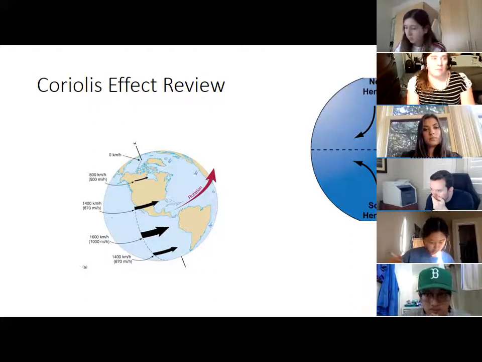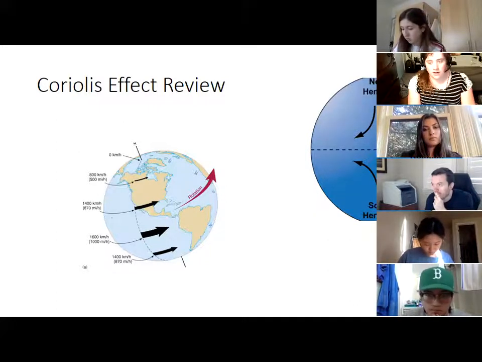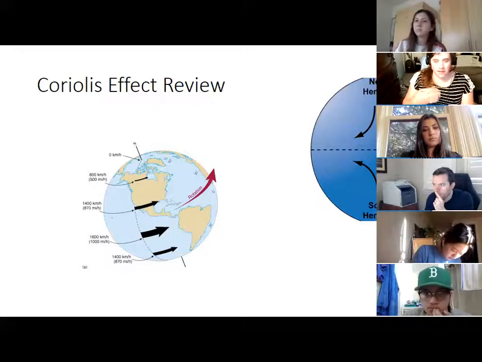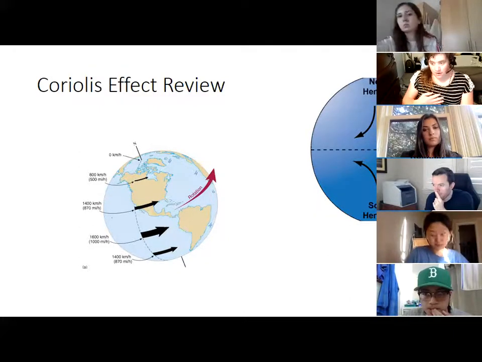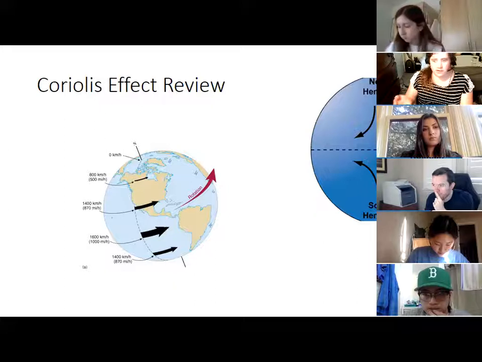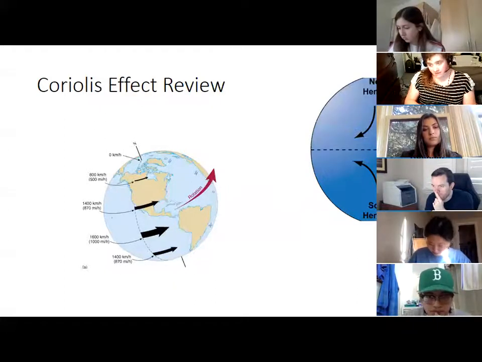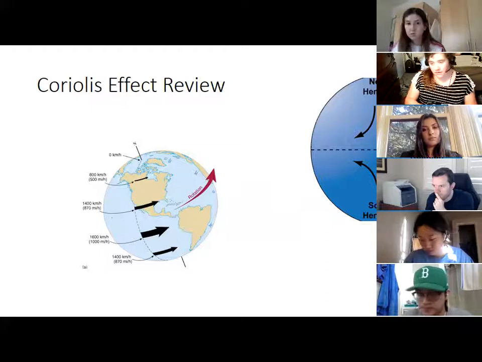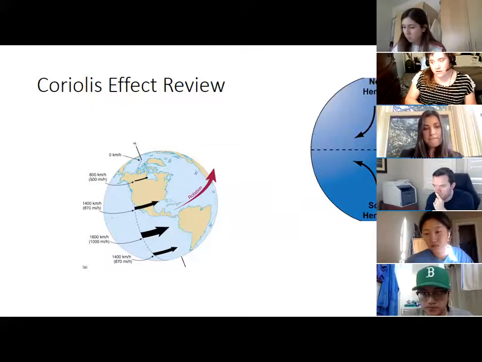So the Coriolis effect doesn't really have any effect on simply people walking at the surface. When we're walking at the surface, we are just rotating at the speed of whatever latitude we're standing at. It affects projectiles, so that's why airplanes or cannonballs are often used as examples. And it affects wind currents especially.